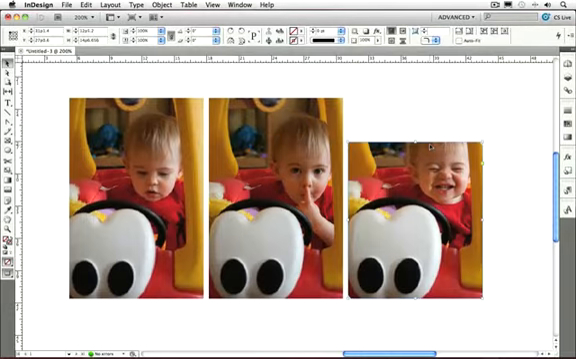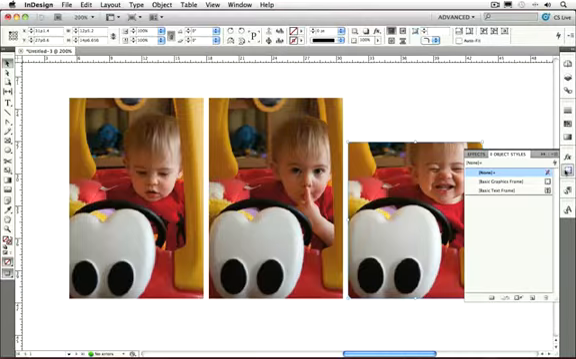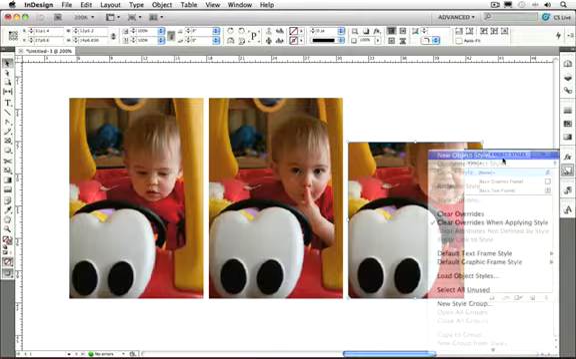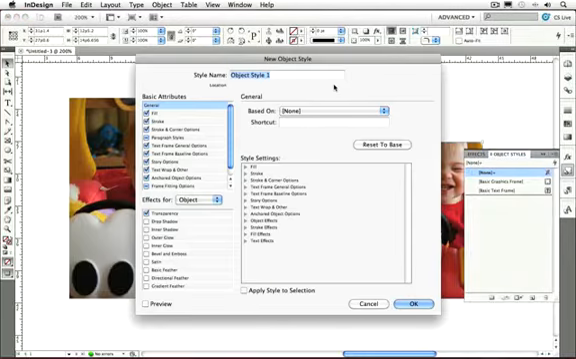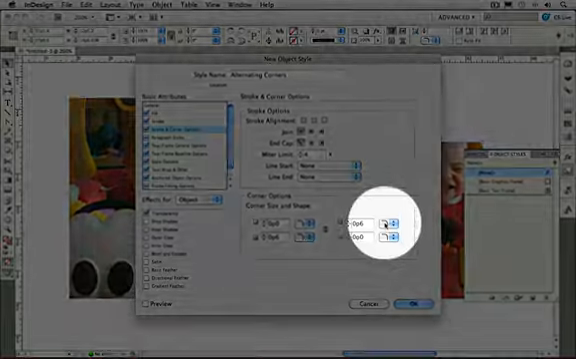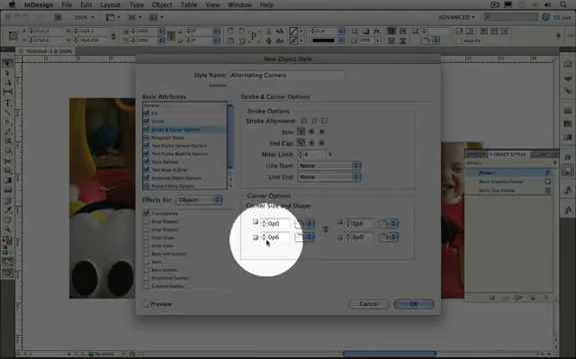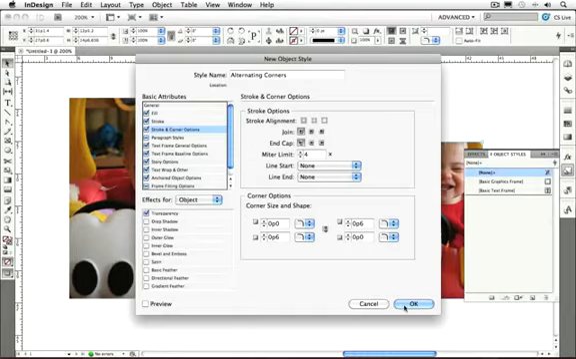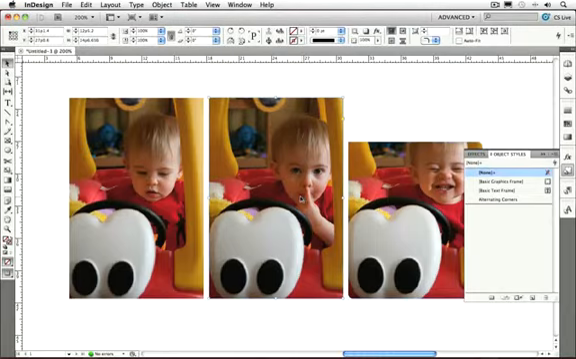This can also be saved as part of an object style, which is an even greater time saver. If I open the Object Styles panel and choose New Object Style, I can actually create a style for this image that's alternating corners. And if I go under Stroke and Corner Options, you'll see that these corner options are here. There's my top right rounded corner here, and here's my bottom left rounded corner. I can click OK, and then select these other two images, apply that alternating corner style, and they have the